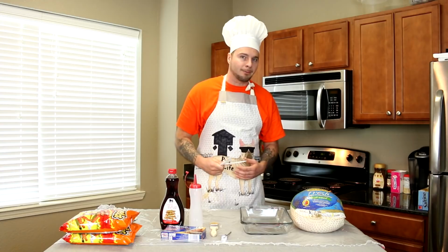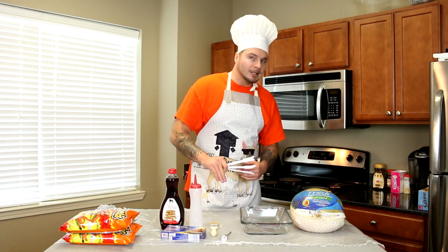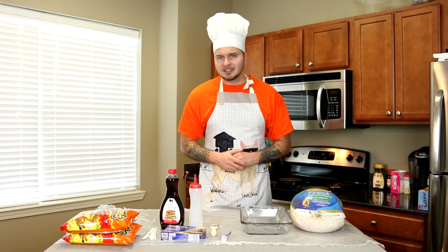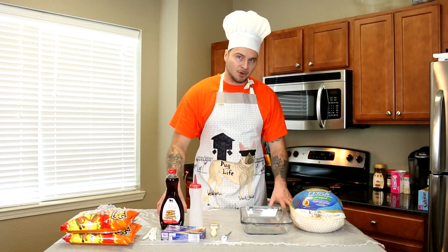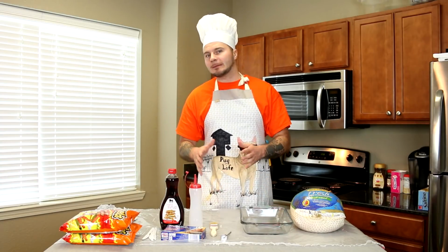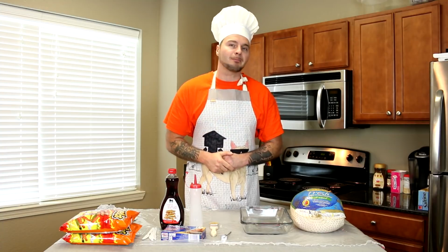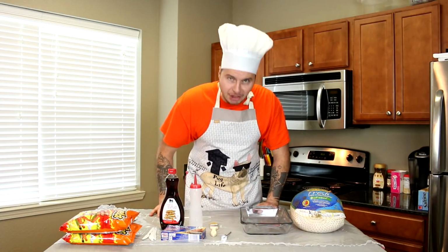Because of course, while in prison, if you were going to be cooking a bird and then trying to cut it up, you would probably be doing so either using these or maybe some sort of a prison shank. That certainly would be a lot sharper. And we also have a plastic trash bag put on top of our table because again, I know this is about to get messy. But now that we've gone ahead and talked about everything that we're going to use to cook this turkey, let's go ahead and start preparing this bird to go inside that microwave for